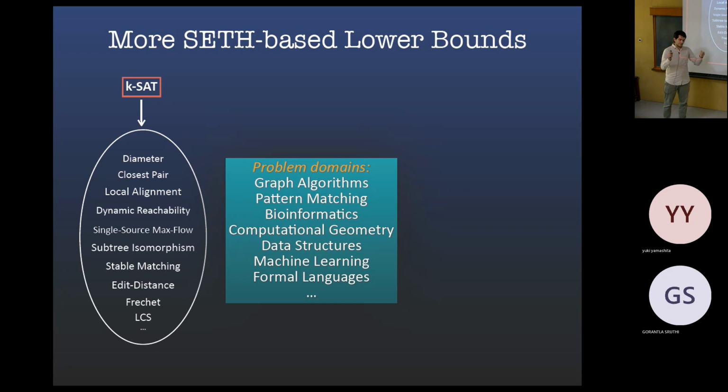Problems like in geometry, where you have points in some dimension, and you want to find the closest pair. That you can solve by brute force. Just try all pairs and find the closest one. But solving it in subquadratic time is hard. So some variants of maximum flow, which I'll mention later. Subtree isomorphism is a nice one. You have two binary trees. You want to know if one is contained in the other. You can do n squared.